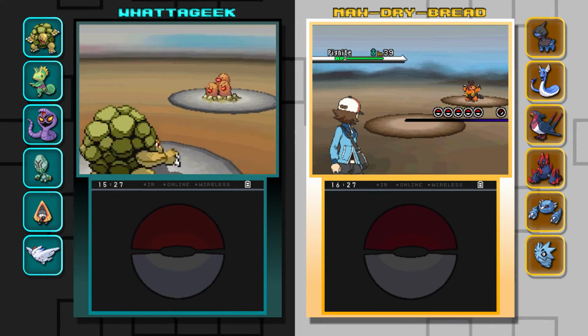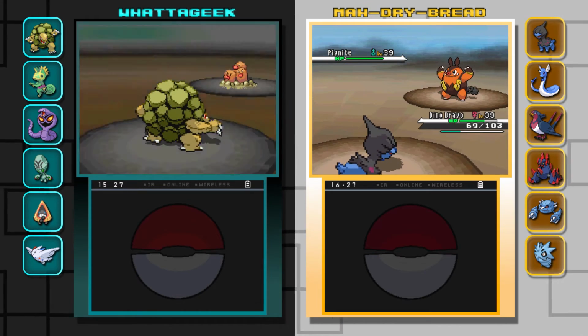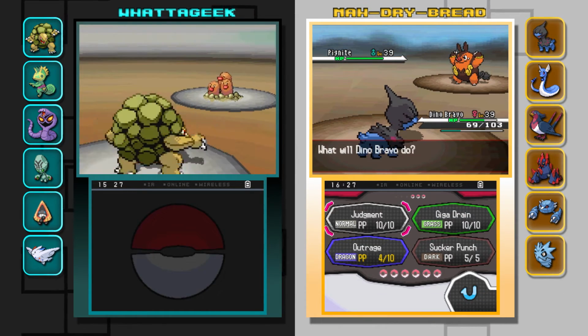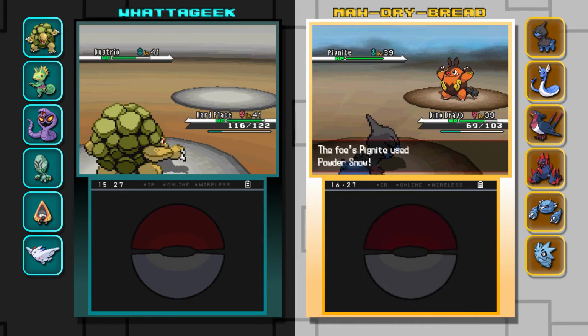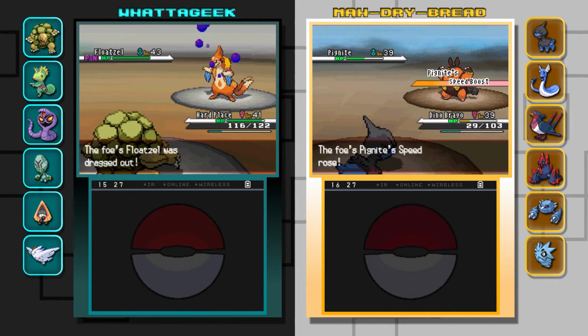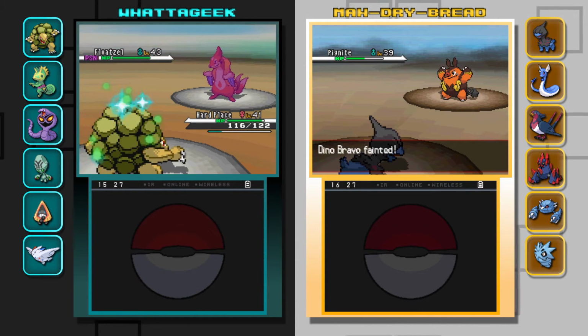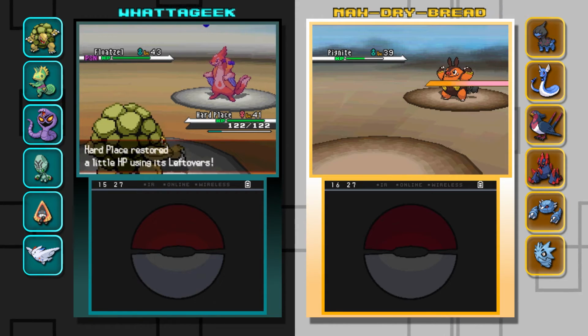Speaking of nose, I've got 3 of them in front of me with this Dugtrio. Oh, I thought you were going to say you've been fighting a bunch of Nosepass. Well, I did fight a Nosepass earlier, but kind of unrelated. Like this episode? Yeah. Oh, god damn it. Pig Knight with speed boost, just use Powder Snow and kick the shit out of Dino. Nice.